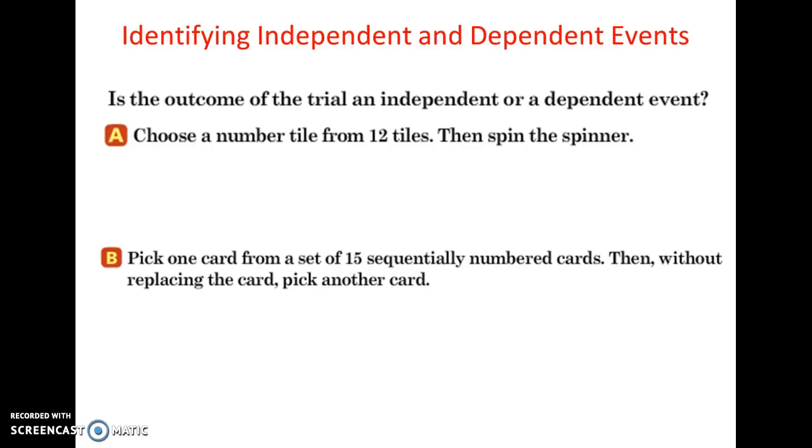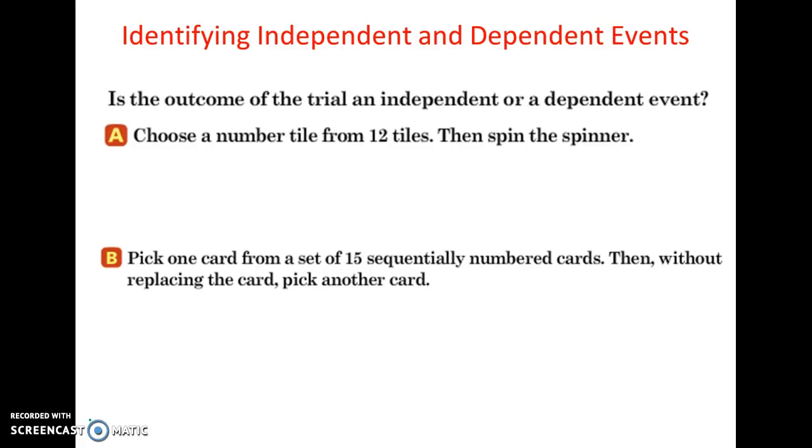Okay, identifying independent and dependent events. Is the outcome of the trial an independent event or a dependent event? When you think independent and dependent, you have heard those words a lot. Independent would mean nothing affects it, it's on its own, and dependent would mean it depends